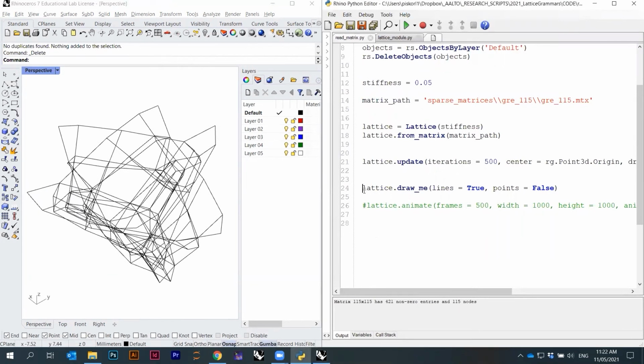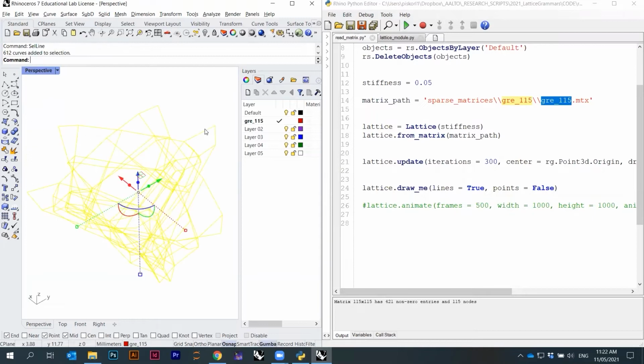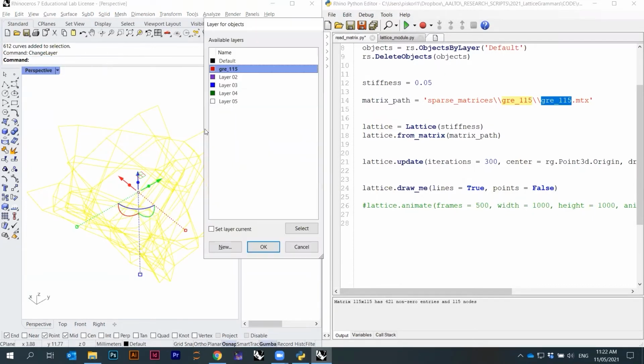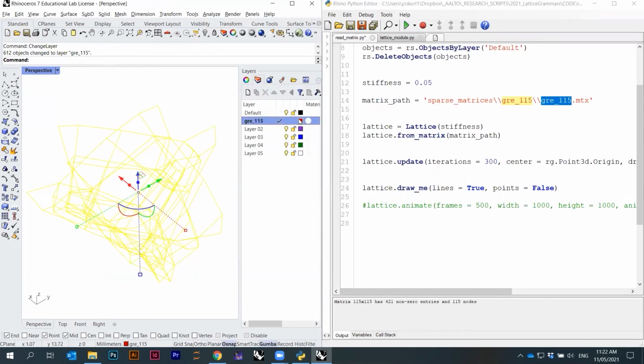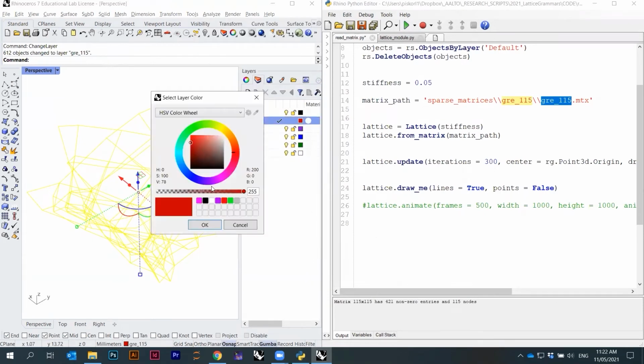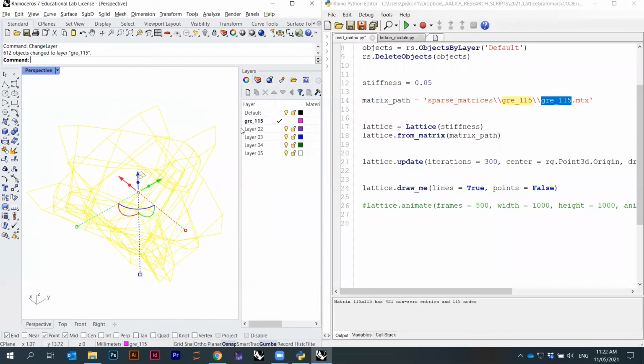Okay, and let me actually see. Let me actually save these lines. So here you can kind of save them. Select line, change layer, and you can go to this gray 115. Let's change the color to something that's a bit nicer, maybe magenta. These ones we can delete. Okay, so now,